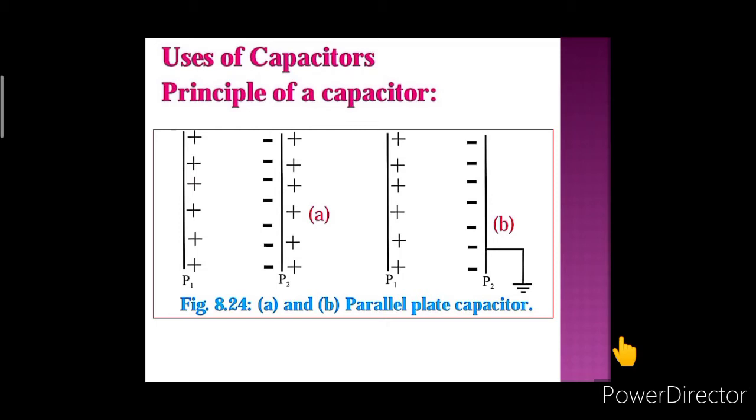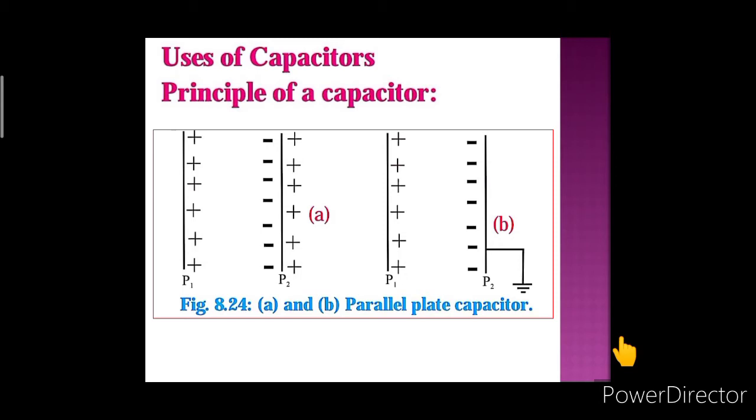The outer surface of the inner sphere having the radius A is positively charged. The inner surface of the outer sphere having the radius B acquires a negative charge by induction, and the outer surface of the outer sphere is earth connected, and a permittivity is present in the space between these two spheres.